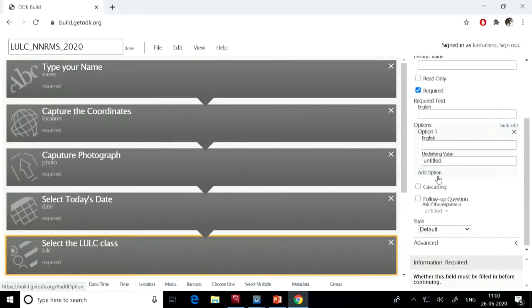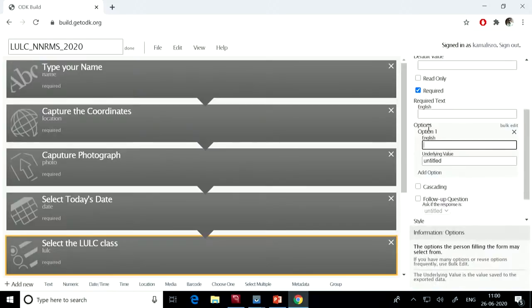Now here I will give the values which will be visible to the user. There is a tab called options. The first option is agriculture, and the underlying value also will be agriculture.